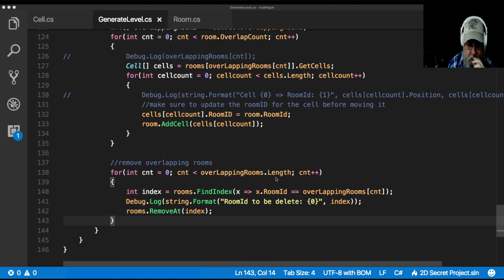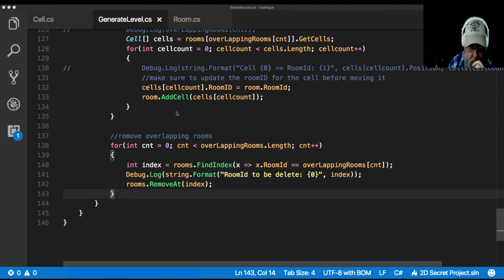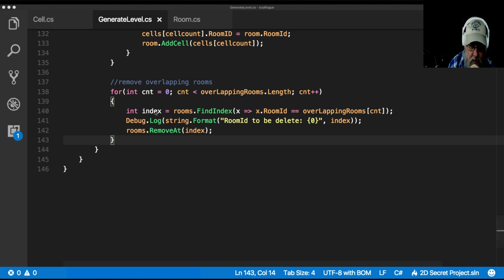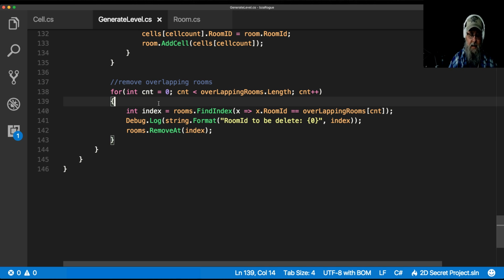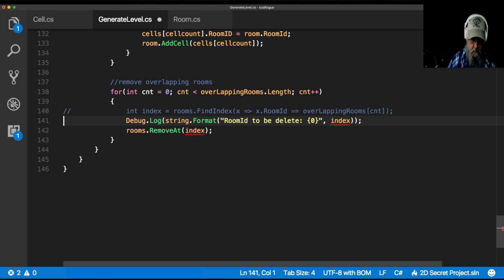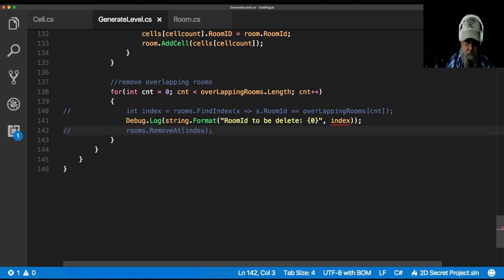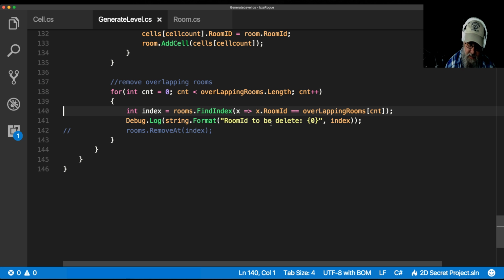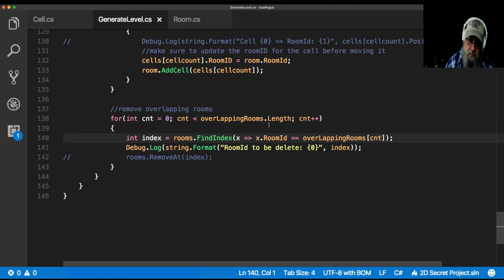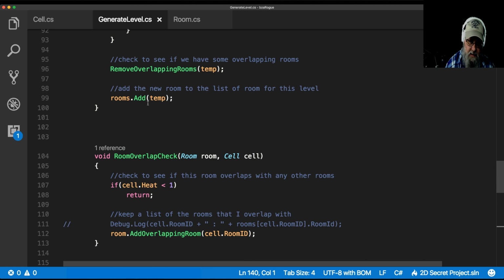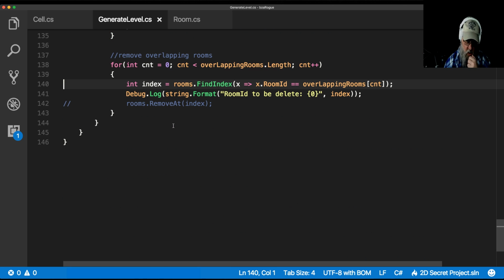No, because as soon as it... Okay, before we do it, let's go ahead and... It should only be deleting a room once. And that room should always exist because when the rooms are created, they're added to the list. So the next time it comes through,